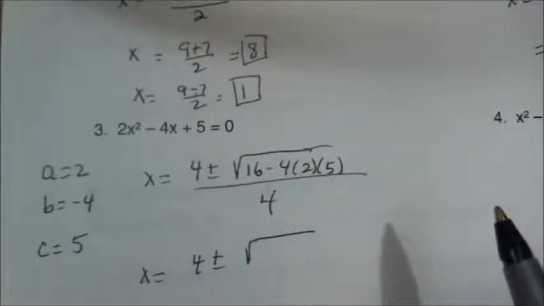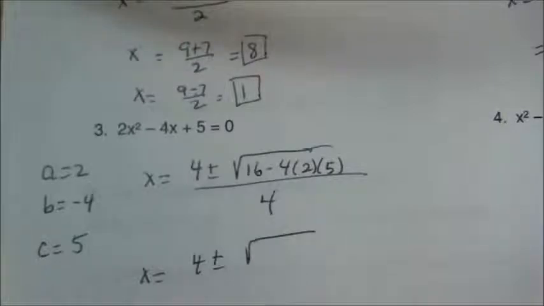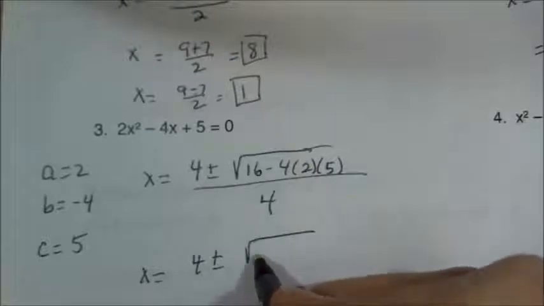This is a negative value. Let's see. 16 minus 40 is equal to -24